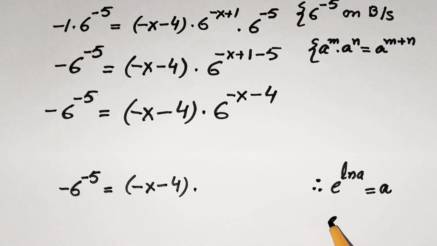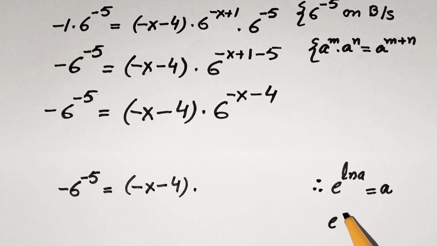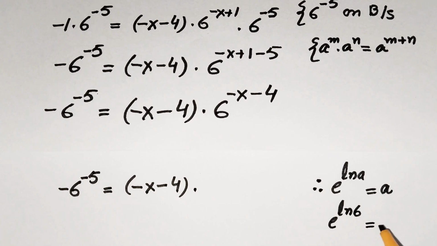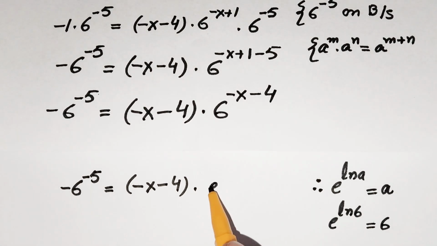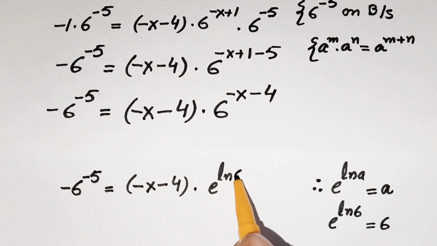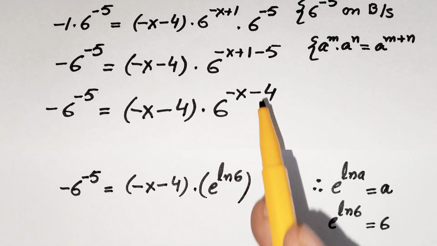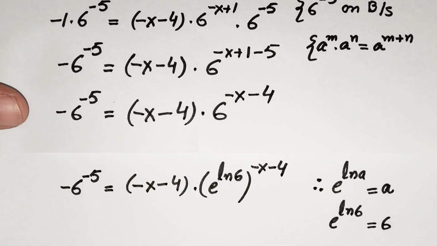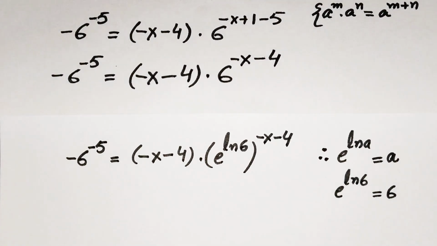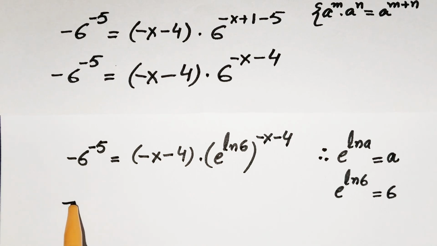So we just write here e raised to the power, let's say it is natural log of 6, then it will be equal to 6. So this 6 can be written as e to the power natural log of 6 and whole to the power minus x minus 4. Now our next step is here that minus 6 to the power minus 5 is equal to minus